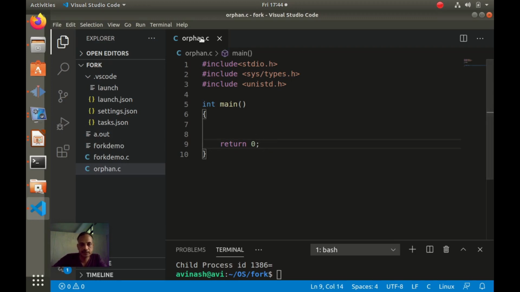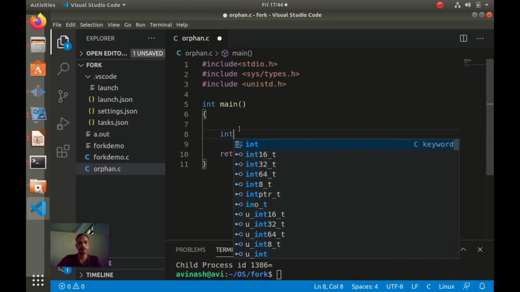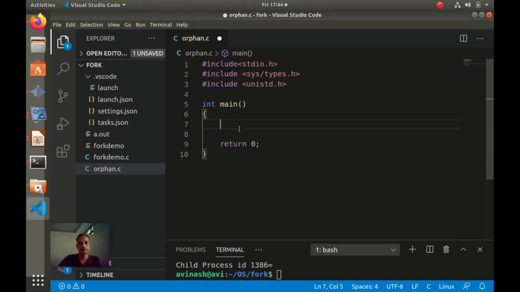Okay, so I have created orphan.c, included the header files that are required, input output and system call header files. Now in this program we have to call the fork system call. So that's why I am declaring one variable PID, then PID equals fork.